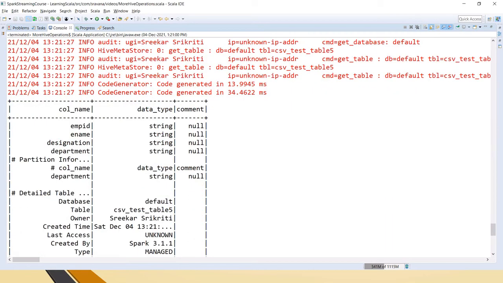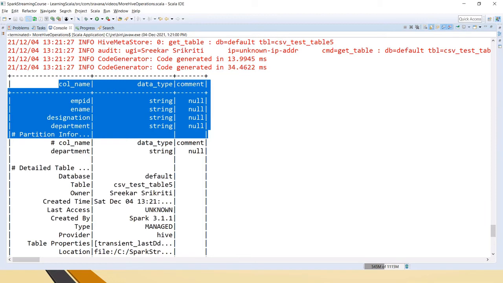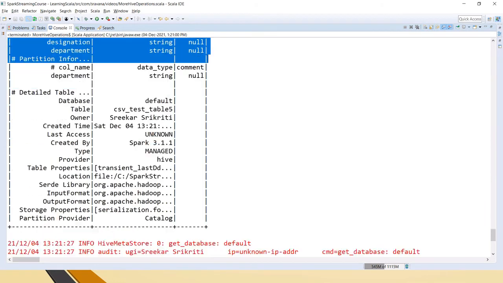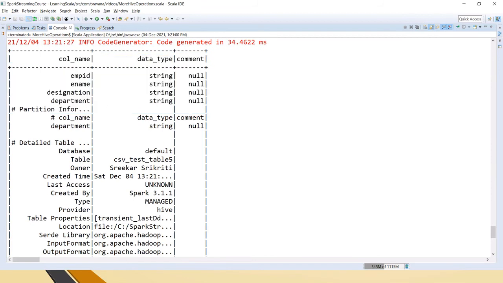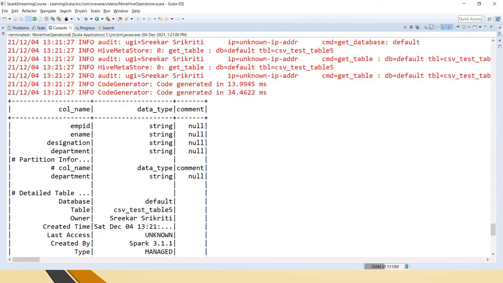Next, we are printing the describe formatted of the table. If you need more details, you can use describe extended also, but I need only a few details, so I am using describe formatted. Here it has 3 columns: column name, data type, and comment. Under the column name, you can see location, and under data type is the file that we have.